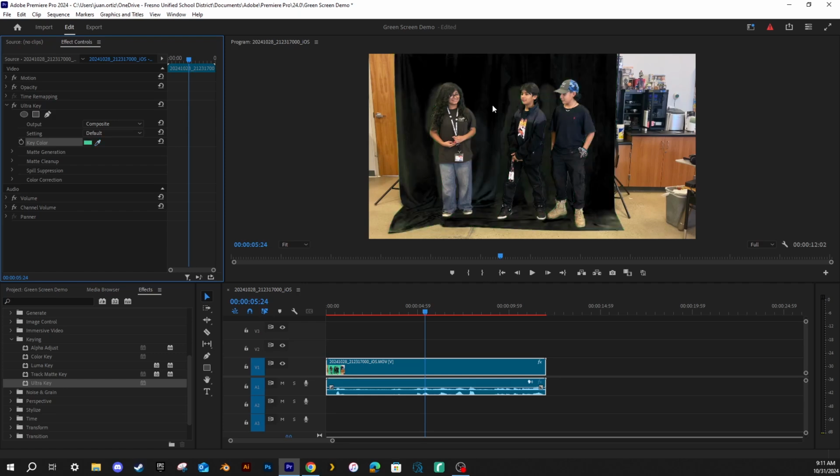So I'll click on the green, and you can see it removed most of it, but you can still see some of the shadows, which there are ways to fix, but for the purposes of this project, it's not a big deal. Now on your video, if it's not a consistent green, you can change some of the settings here to help pick up these other colors